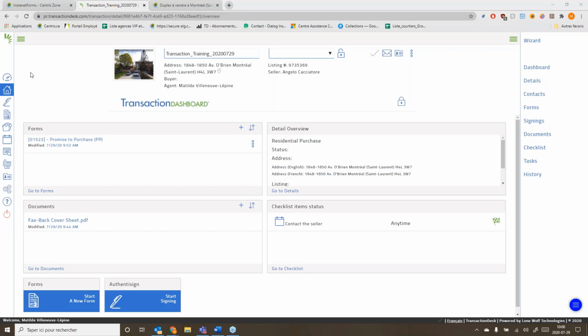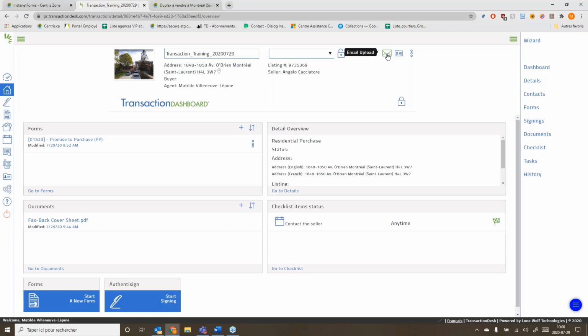Okay, so before I keep going on my left menu, I just want to show you in your transaction here at the top, you have the name. You can change the status here if you wanted to. Here you have email upload, if you want to upload things from your email. That means if ever you receive a document, let's say from your client, and instead of downloading it as a PDF or a Word document or anything, and then re-uploading it in your transaction,